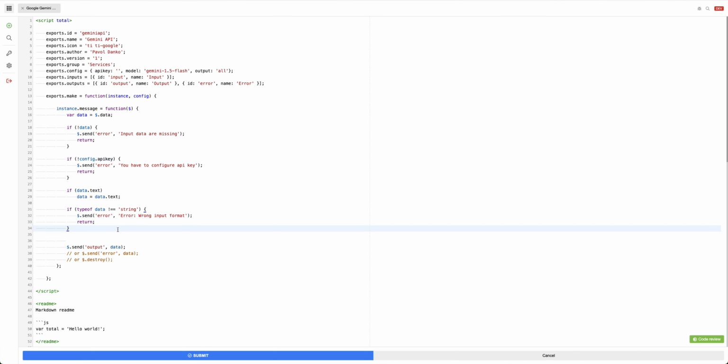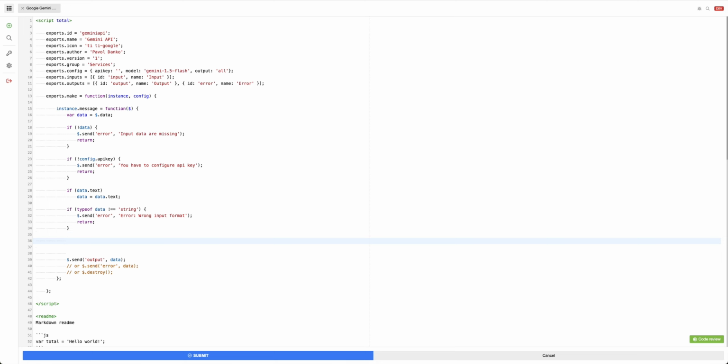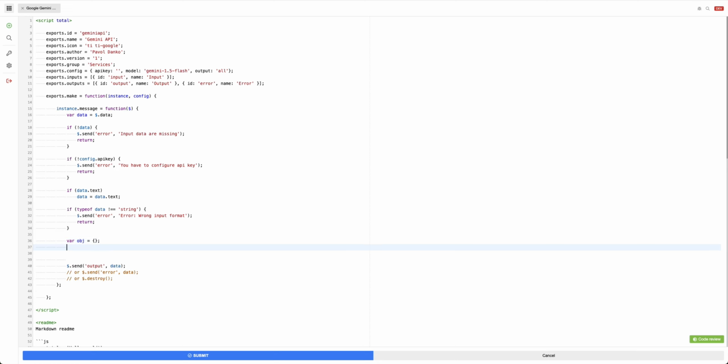To get this, I know that there are more ways, but I will do it like this. I will define an object and then the object property contents, which will be an array,